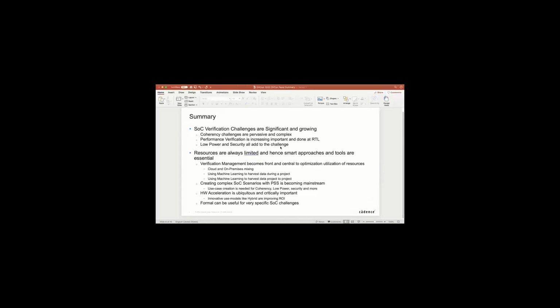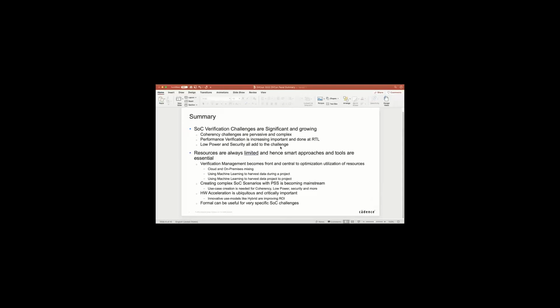Resources are always limited, and you need to be smart with your tools and your approaches. I think one of the things that came out of this was that verification management is front and center to optimizing the use of resources, whether it's cloud versus on-premises, or using machine learning to harvest data during a project or from project to project.